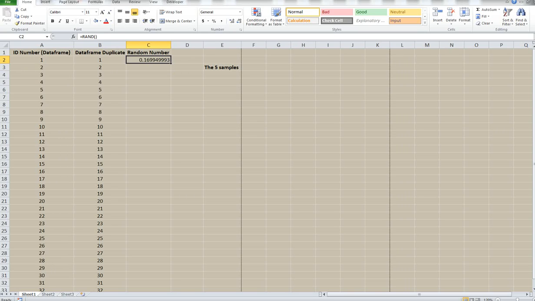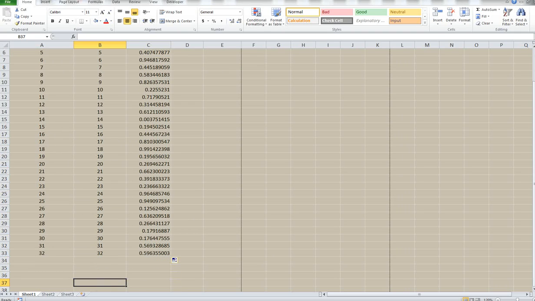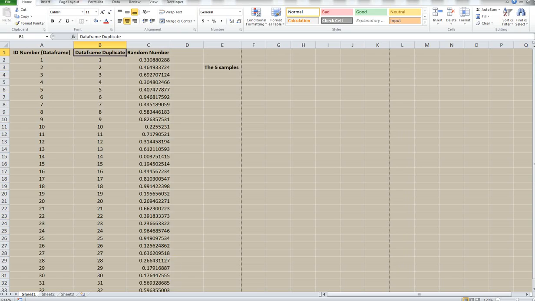Now, since I filled out A and B with 32 values, I can take C2, go to the lower right corner and double click, and you'll see it's filled in 32 random values. So now I'm going to take the last 2 columns, the duplicate frame and the random number,